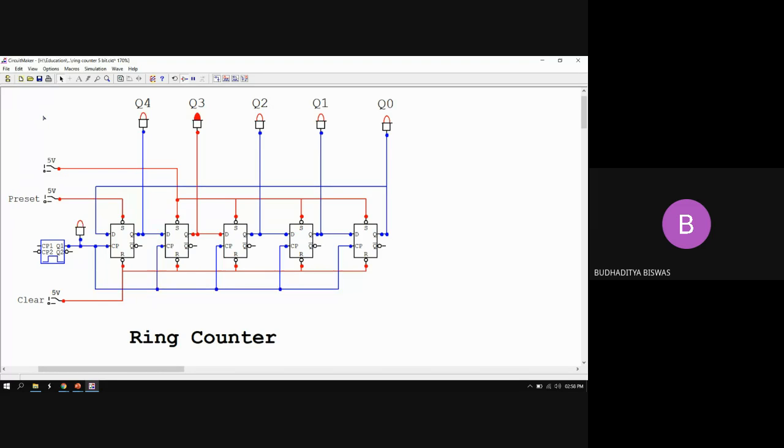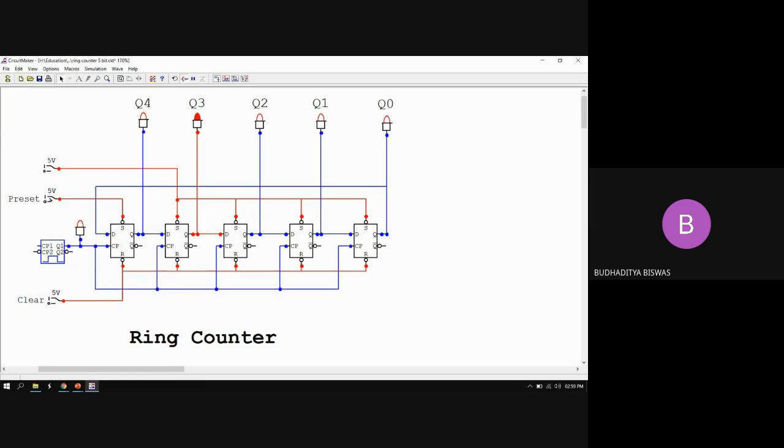Are you able to see this? Yes, sir. So that's why this is called a one-shot counter. Again, see: I stop it, I clear everything, I run it, and I clear everything using the clear pulse. So you see this is the initial situation, nothing is changing. I need to give a very quick shot so that 1 will be stored inside the first flip-flop, and once I store a 1 inside the first flip-flop, this 1 circulates around the ring.